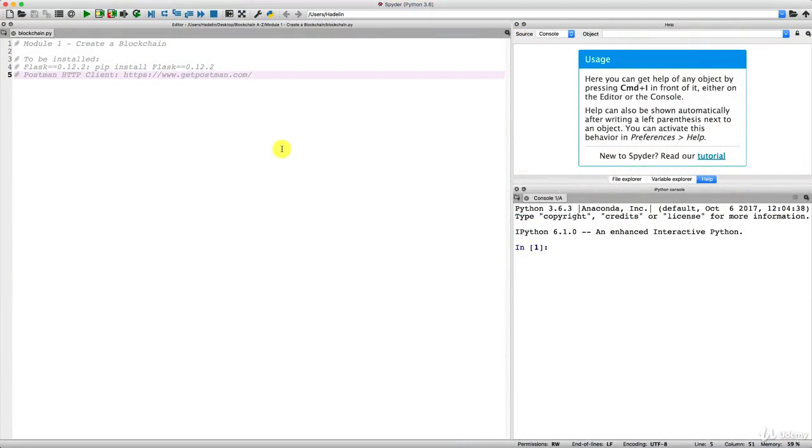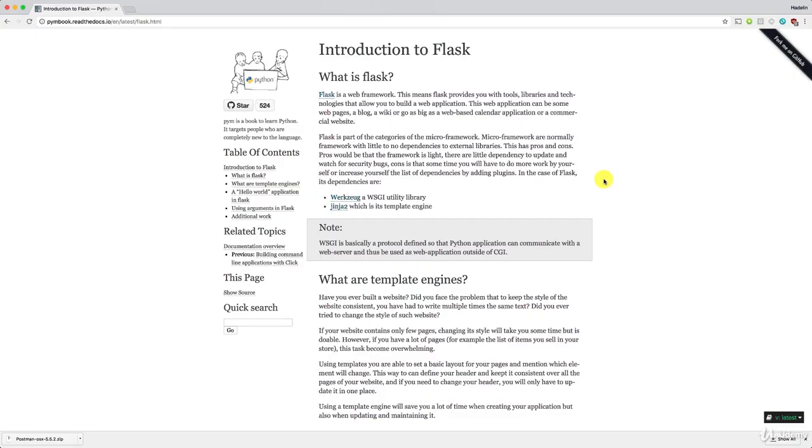So before we start creating the blockchain, we need to install two little things. The first one will be Flask, which is a web framework that we'll use to build a web application which will basically contain the blockchain. And that's of course because we want to build a blockchain that can be used by any one of you